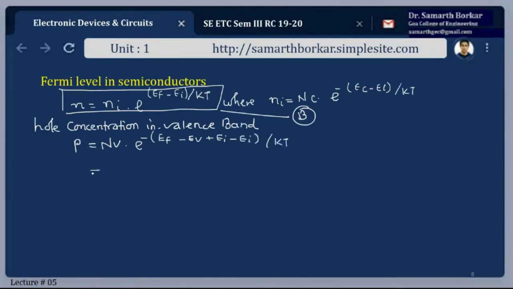I can separate them out: NV e raised to minus of (EI minus EV) by KT, and e raised to (EI minus EF) by KT. Now this P is equal to Ni, because P equals N in an intrinsic semiconductor, into e raised to